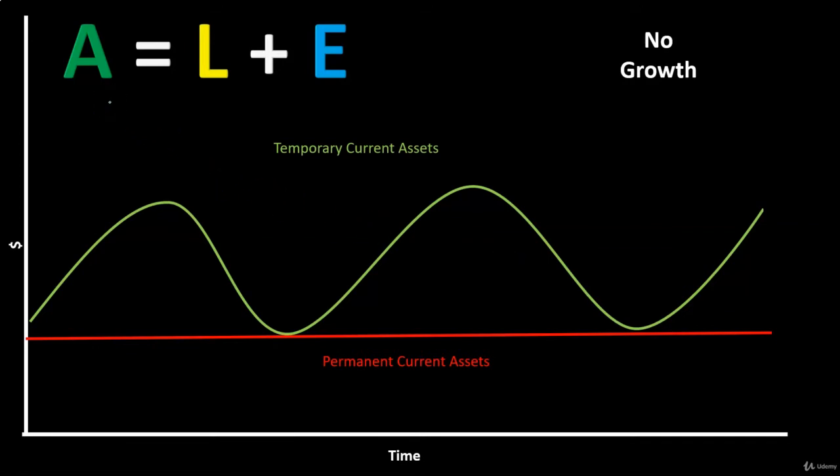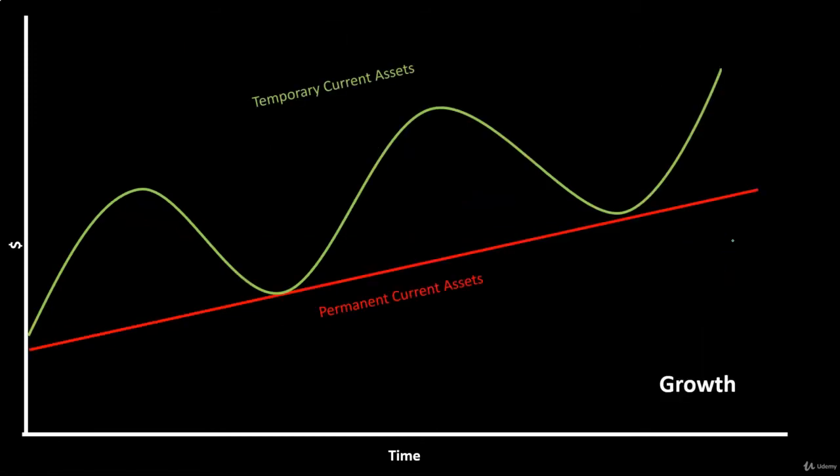So you might be able to match your financing needs with this chart with regards to the permanent current assets and temporary current assets. Now, to do that, of course, you'd have to estimate what the permanent current assets and temporary current assets are. That's not an easy thing to do all the time. You also have to guess what the fluctuation will be in the temporary current assets, which you can do to some degree based on the past, because seasonal businesses will act much the same from season to season, but it's not an exact science.